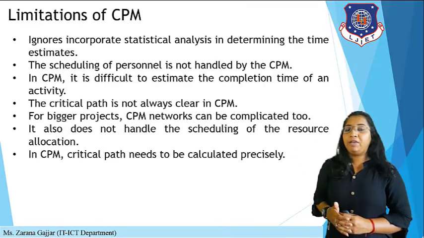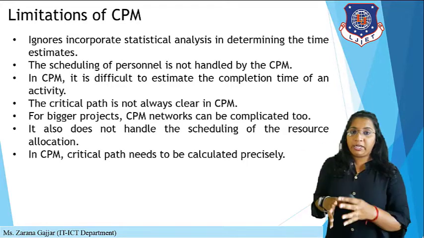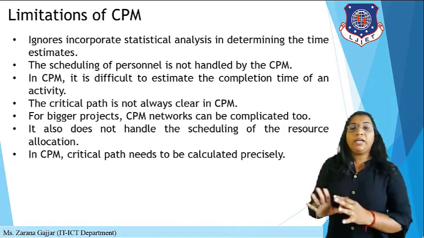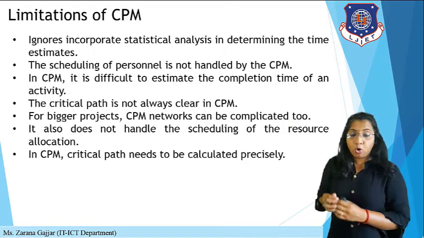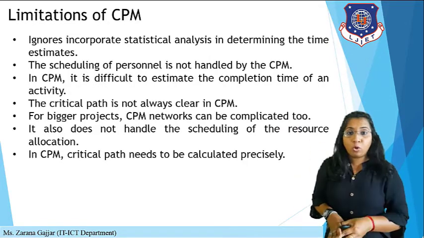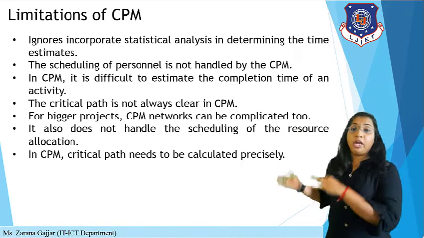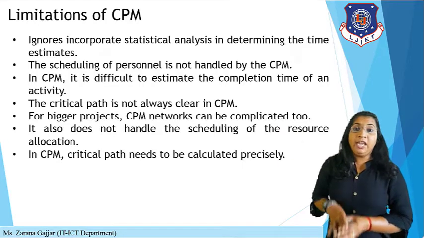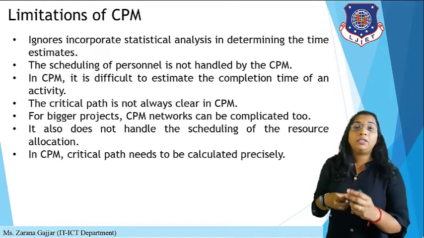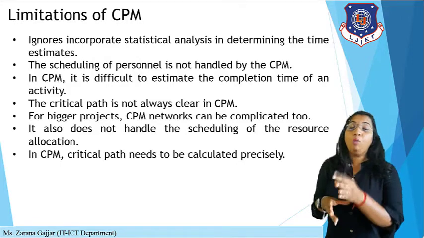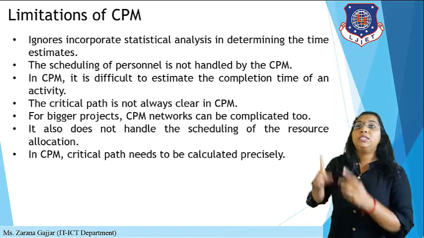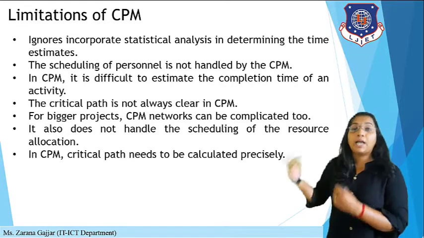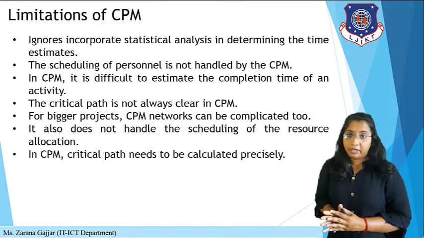Another example we can say is, in a development team we have one developer, and that developer leaves the organization and joins another organization. So now your project will be on hold until you can recruit a new employee. That will be a critical event, so we cannot predict how much time we require to complete the development process, right? So this is about the difficulty of estimating the completion time of any activity.